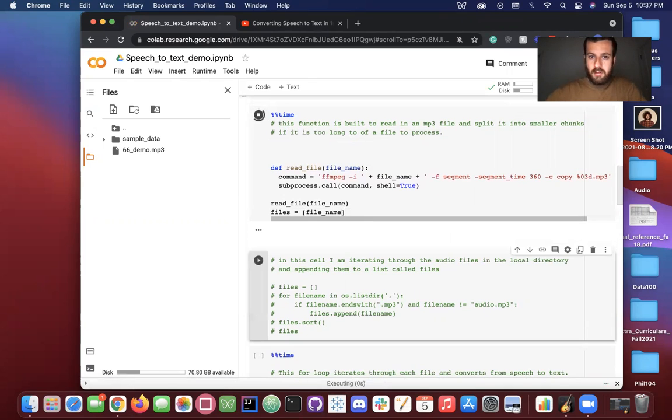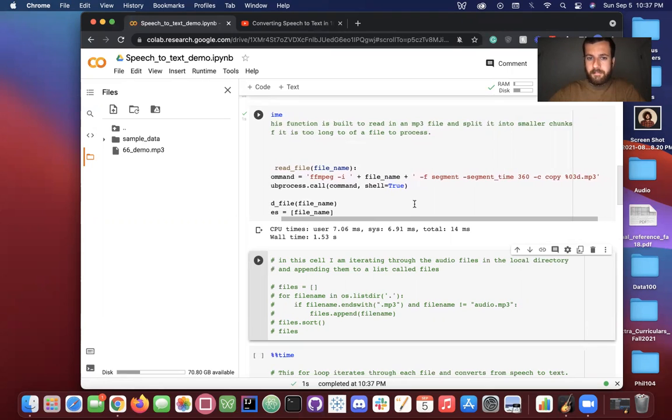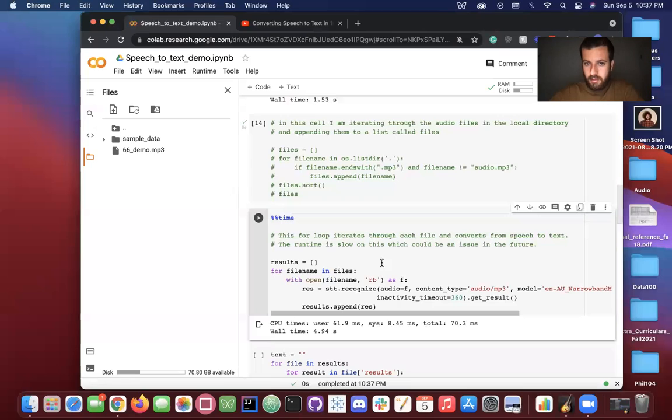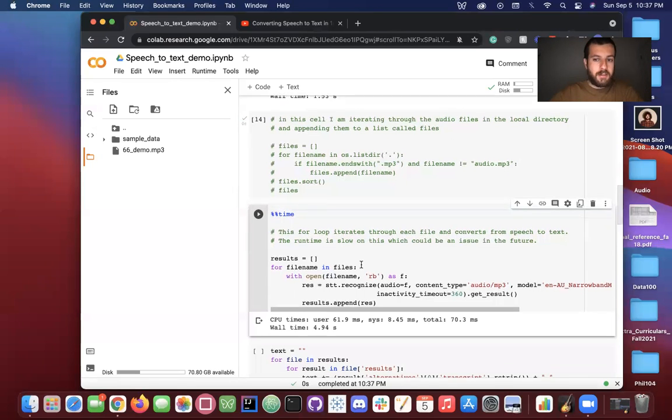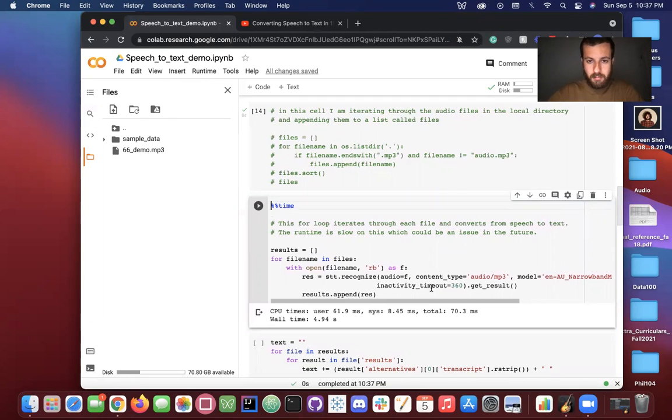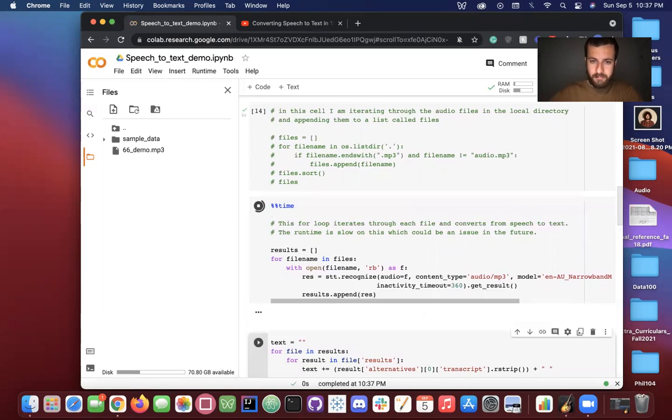So this is just reading in the audio file. And then this is the actual conversion of speech to text using the IBM Watson. Again, I learned all this syntax from the video I watched. I didn't figure this out on my own because it looks kind of cryptic. But let's run this.